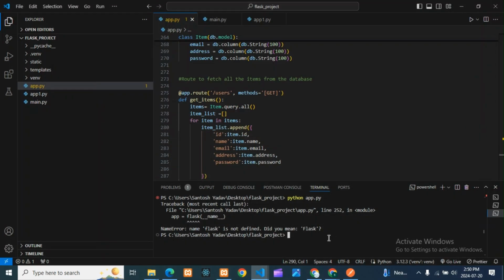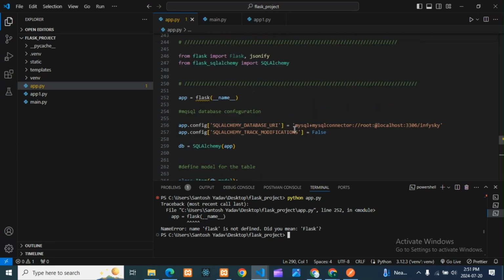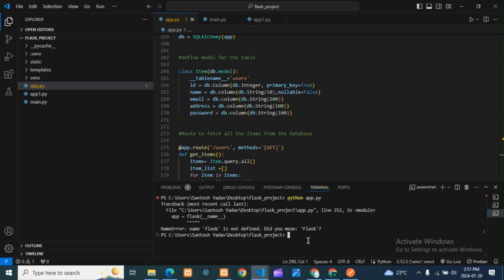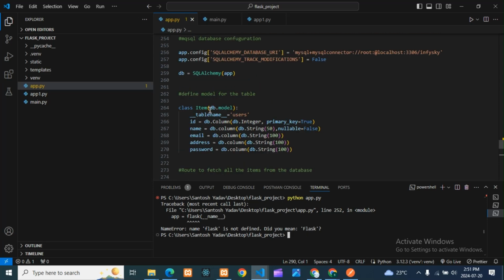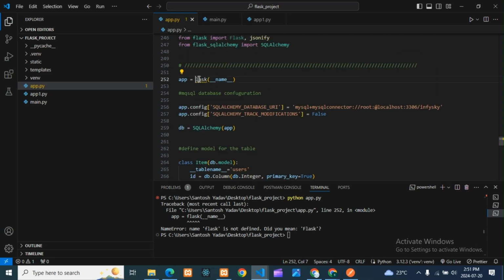So it is telling me the name Flask is not defined. Did you mean Flask? Where is it? On which line? Okay, here. Yes, it is Flasks. Okay, done, guys.